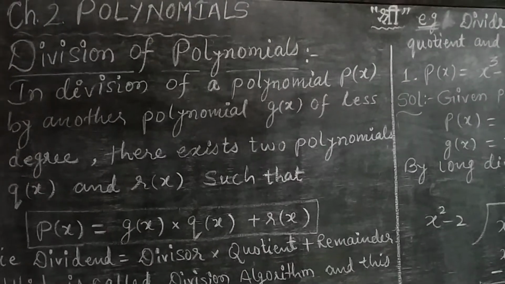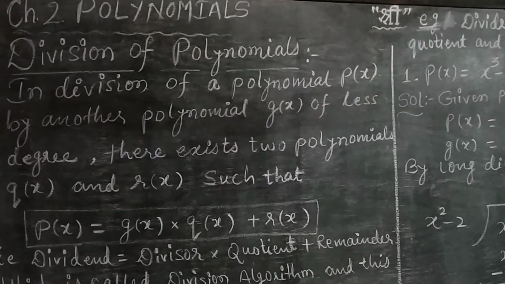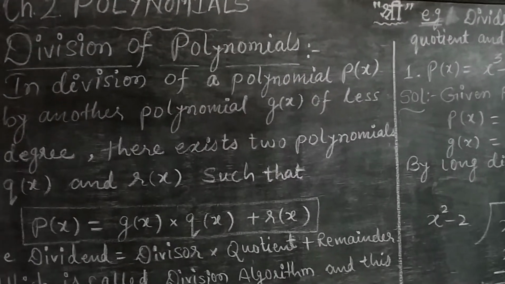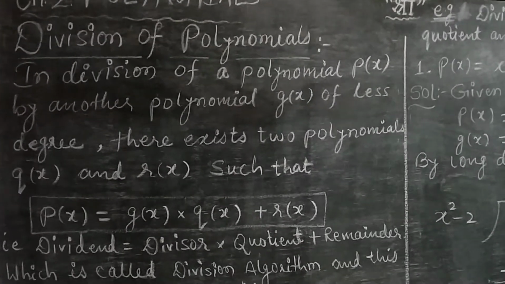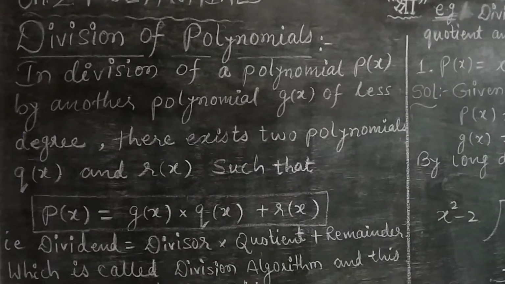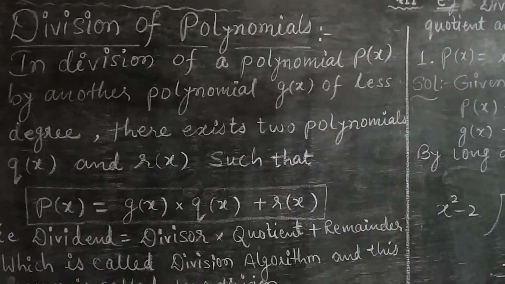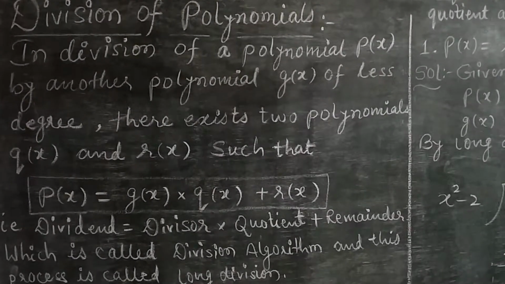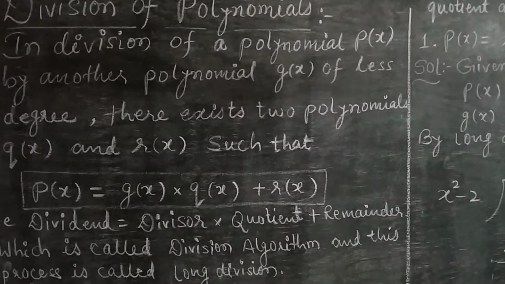Good morning, students. Today we are going to take the topic division of polynomials. So how to divide a polynomial of higher degree by another polynomial of less degree. Suppose one polynomial p of x is given and another polynomial g of x of less degree than that of p of x. It is given. So when we want to divide a polynomial p of x by another polynomial g of x of less degree,